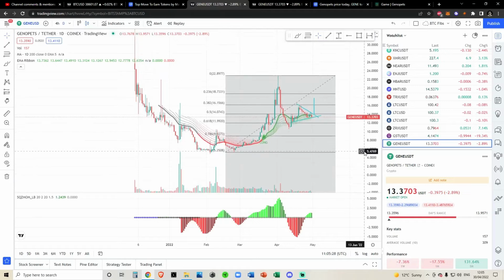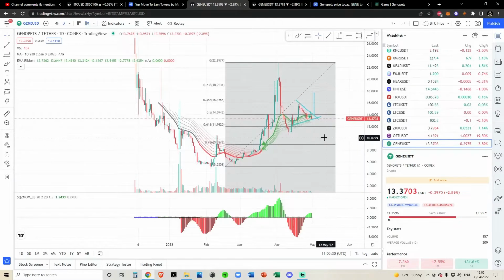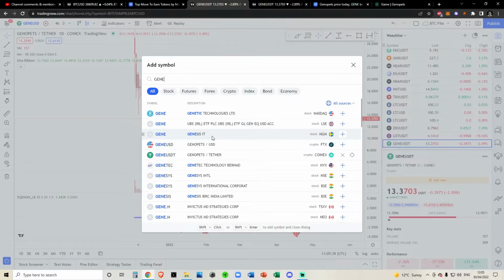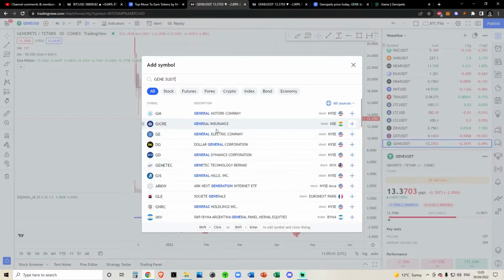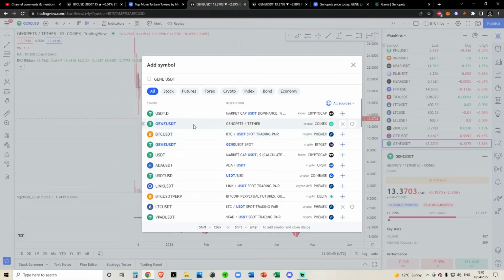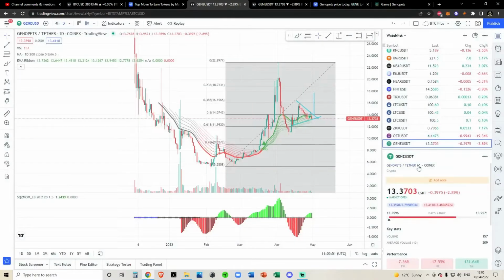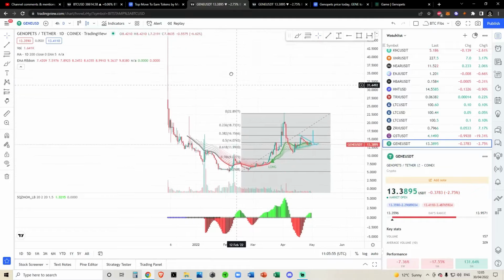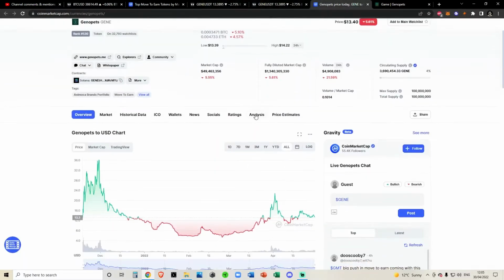There's a lot of chop going on at the moment, and there is actually not a long-term chart, unfortunately, on TradingView for Genopets. There was one other, so if I type in USDT, because I just deleted one chart, we've got Genopets on BitGet and CoinEx. We're looking at CoinEx right now; the other chart doesn't have all of the data. This is the chart with the most data, and if we come over to CoinMarketCap,